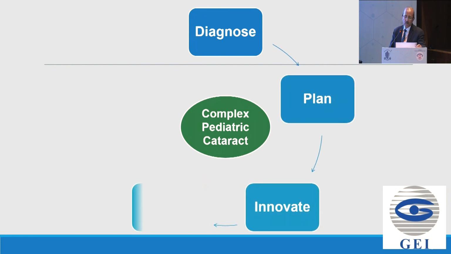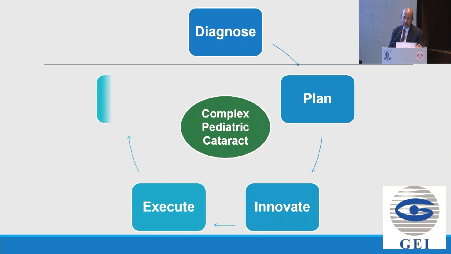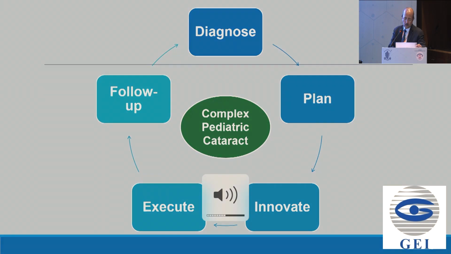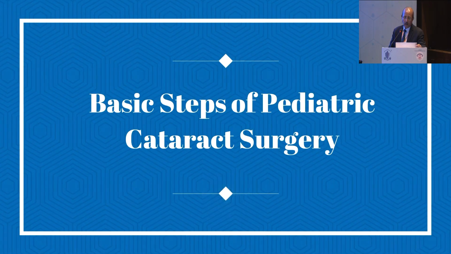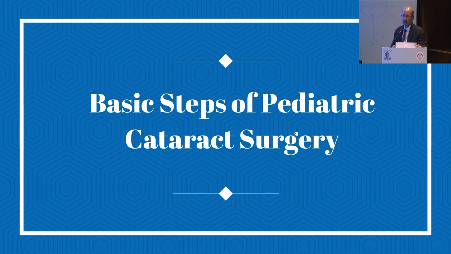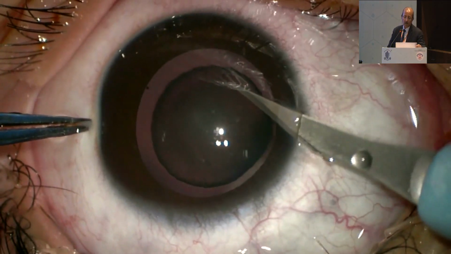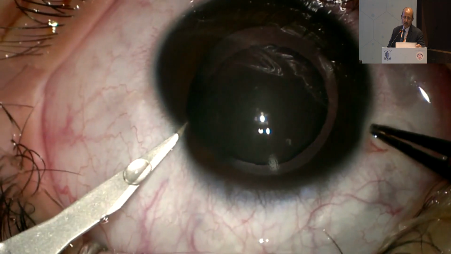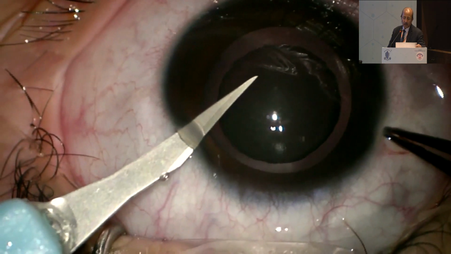What do we have to do? We have to diagnose, plan, innovate, execute, and find out the complex pediatric cataract, operate on them, and have long-term follow-up of these children. First, I would like to show a small clip of zonular cataract. This is a child with zonular cataract,